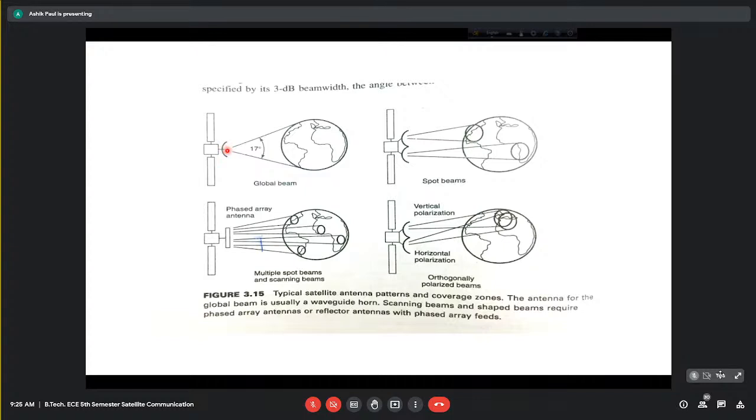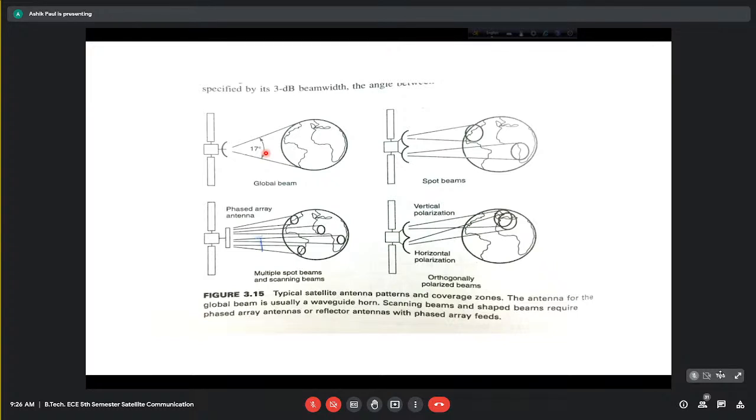That means from the geostationary altitude, the Earth subtends an angle of 17 degrees. That means from about 36 to 40,000 kilometers above the surface of the Earth, if you look down towards Earth, then you will find that the total angle subtended is 17 degrees. So if it is some kind of a signal which is meant to be received by a large section of the earth, it is not some kind of a particular country-wise transmission broadcast, then one can go for, of course, a global beam, having, say, for example,